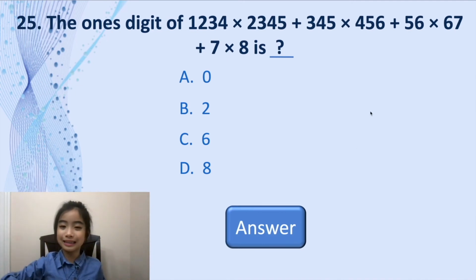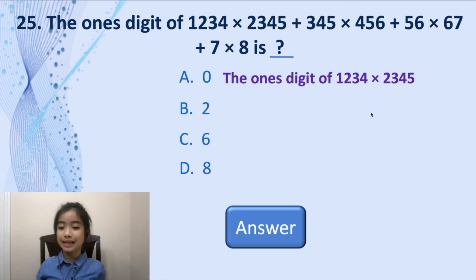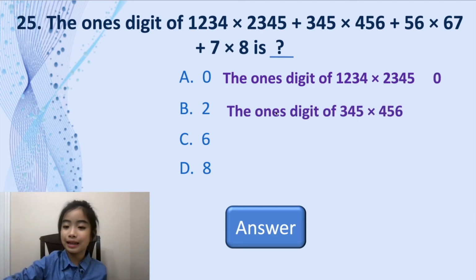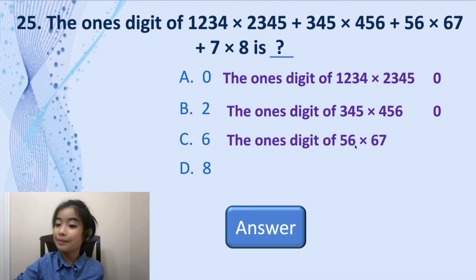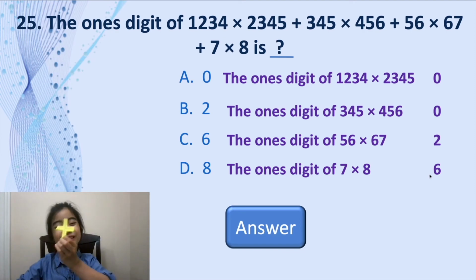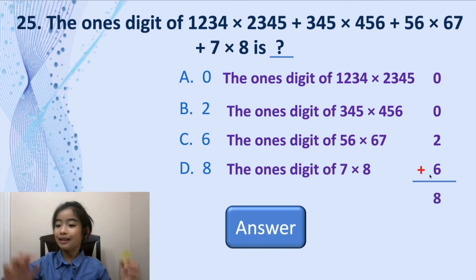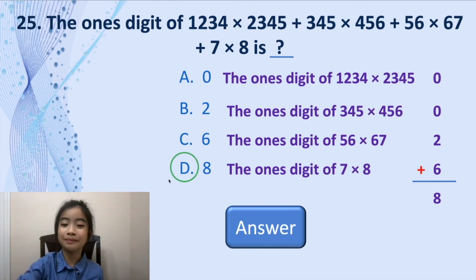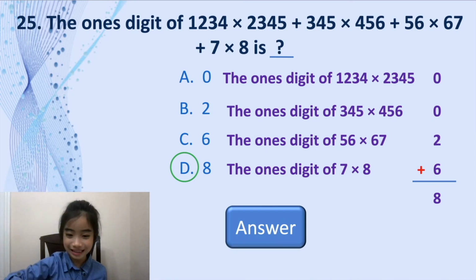Now, let's see right here. The ones digit of 1,234 times 2,345 is 0. The ones digit of 345 times 456 is also 0. And the ones digit of 56 times 67 is 2. The ones digit of 7 times 8 equals 6. So we add that all together and we get 8. So we circle D, and we use my little hand to slam the answer button,